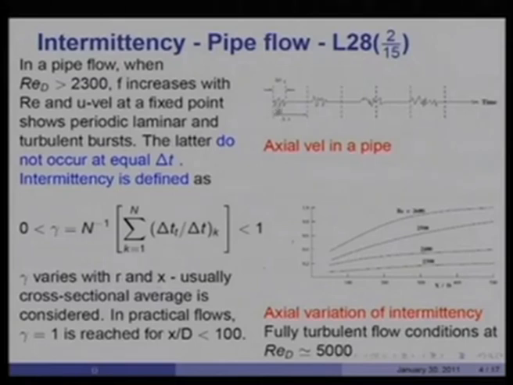A flow will show turbulence for a while at a point, then for a certain period it will be quite quiet or laminar-like, then it will be turbulent again, then very quiet again, then turbulent, and so on and so forth. If we measure this for a certain total time and divide this time period equally in steps of delta t,